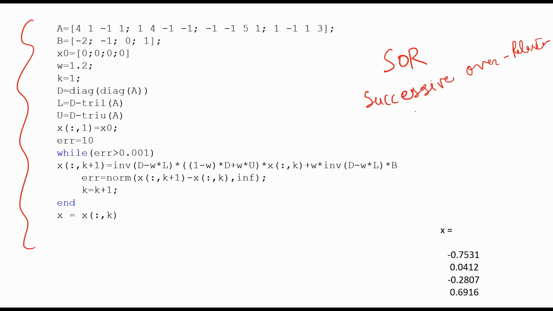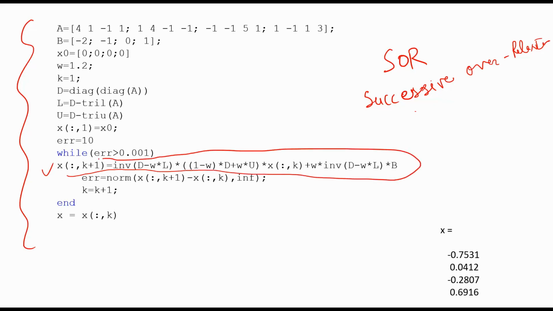This is the matrix form for this SOR scheme, which is mainly used to accelerate the convergence of those two schemes. Here I have used a different A and B, and I found that my solution is coming out to be this.